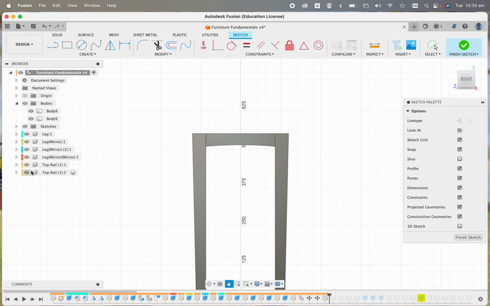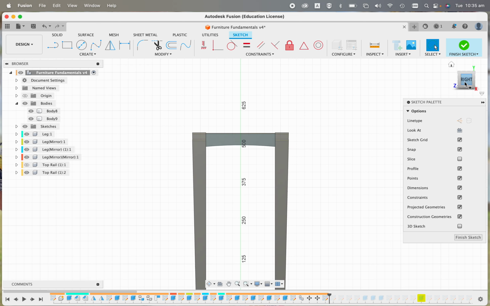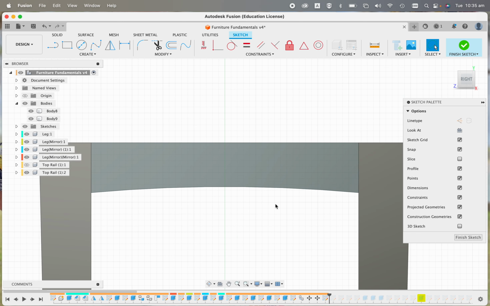But hopefully down here in our components I should be able to turn off top rail, escape out of orbit, and there it should be. I actually need to orbit it just a fraction so I can see. No, I'm turning off the wrong one. Lights on for that one, lights out, eyeballs off for that one, and then click on the right word on that box so it'll square it up for us again, and then we'll do a zoom more key,